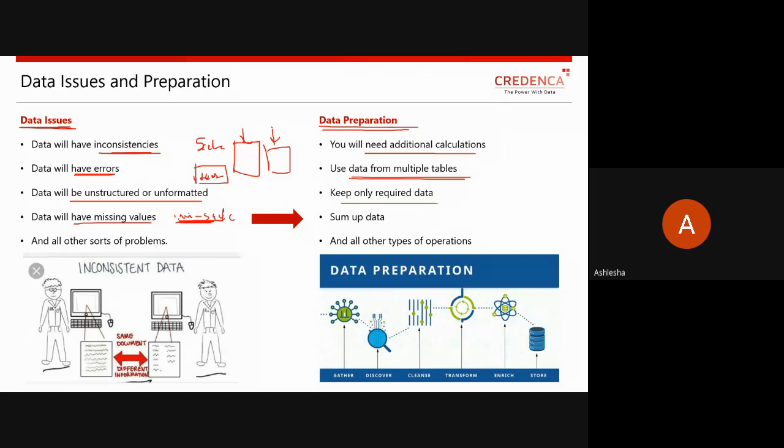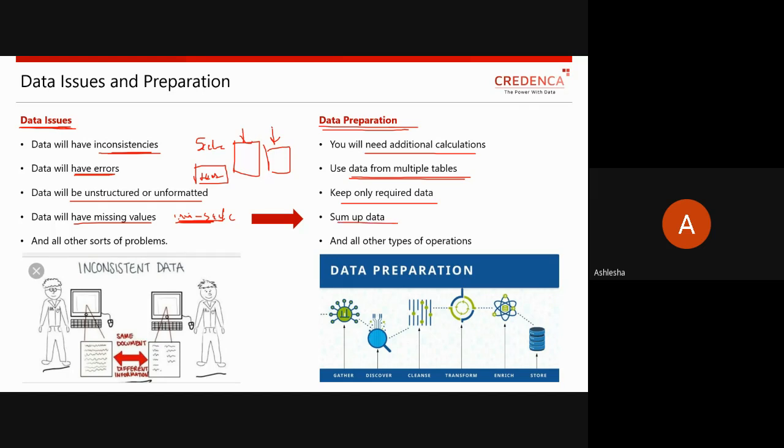Then keep only the required data, meaning valuable data for your analysis. You cannot proceed with whatever data they have provided to you. Whatever is important for your analysis, just keep it and then move ahead.